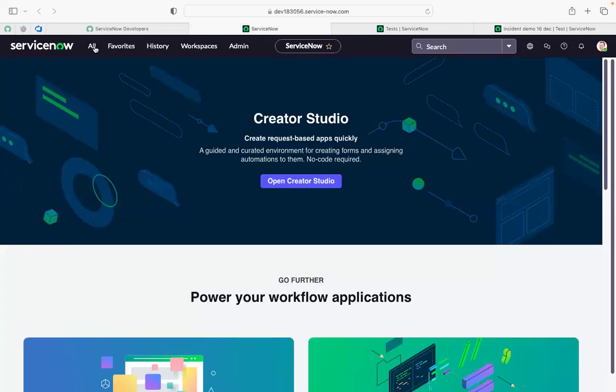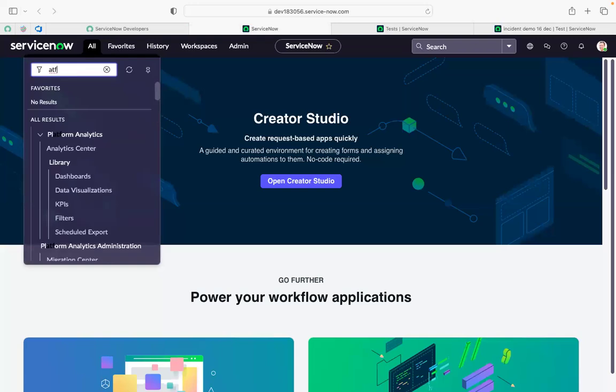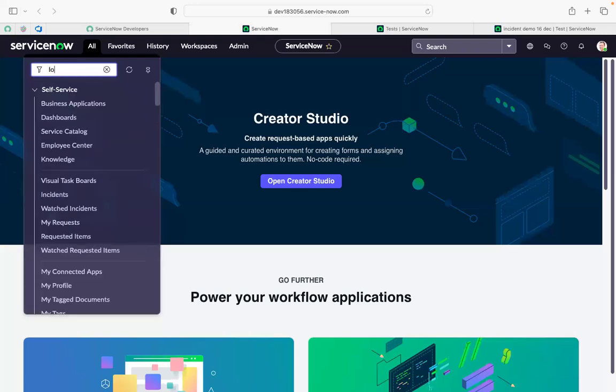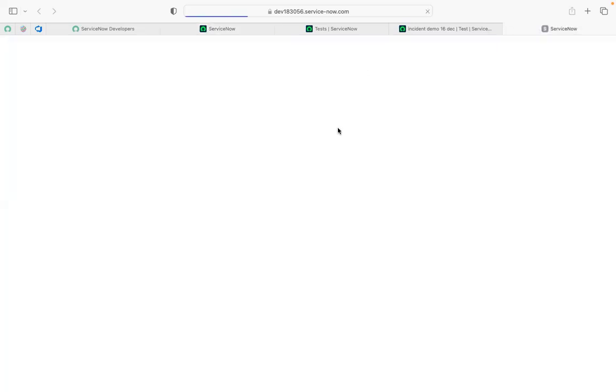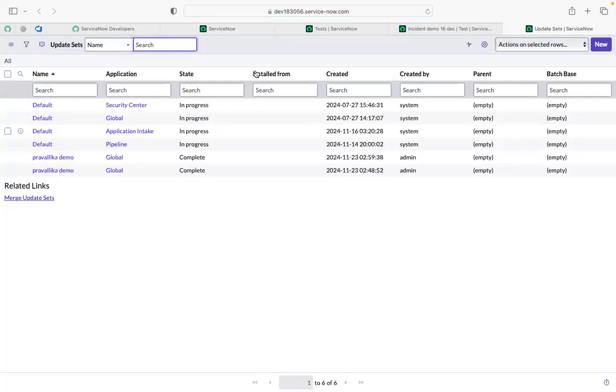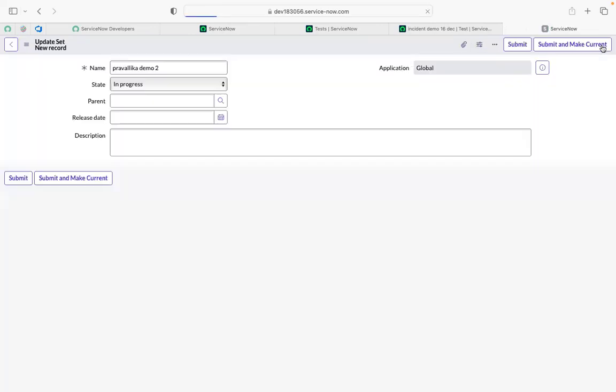For that, you can type local update sets here. In your local update sets, create a new update set, click on new, then just type